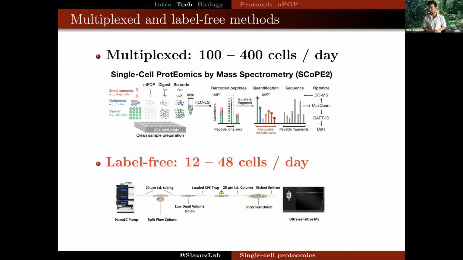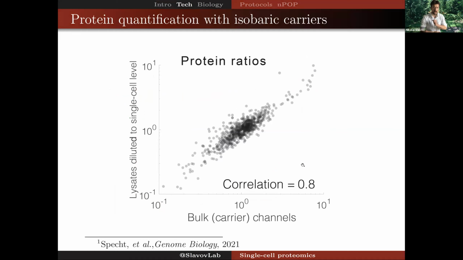And there have been many versions of this approach. You're going to hear in the next month's webinar from Matthias Mann about a particular label-free approach that his lab has developed. And because in this case you're not barcoding the cells, the throughput is generally lower. If those methods are applied correctly with the required benchmarks, one can obtain fairly quantitative data.